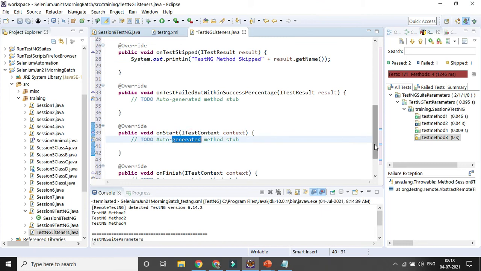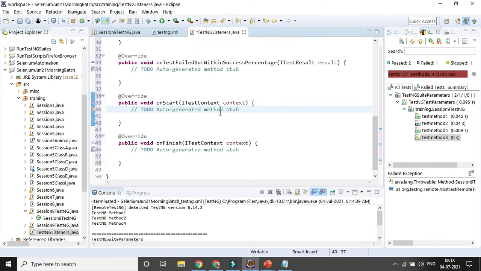Now on start, I can also add something. It is the class level. So I can add some value here. Please remember this is the ITestContext, not the ITestResult. Here I can mention "TestNG class started", not the method level.